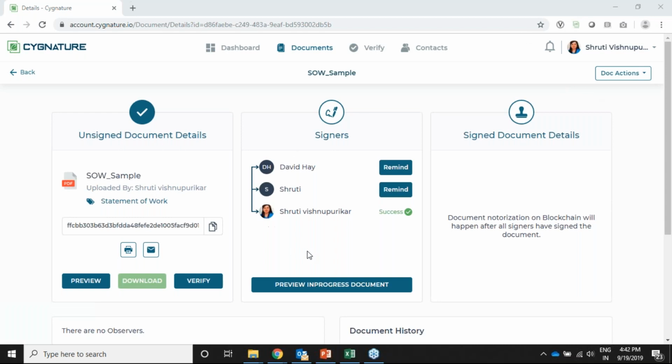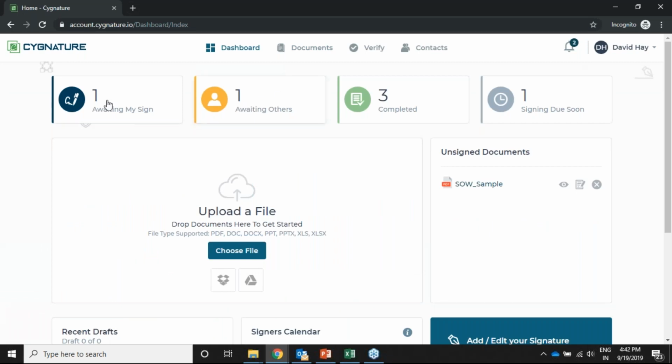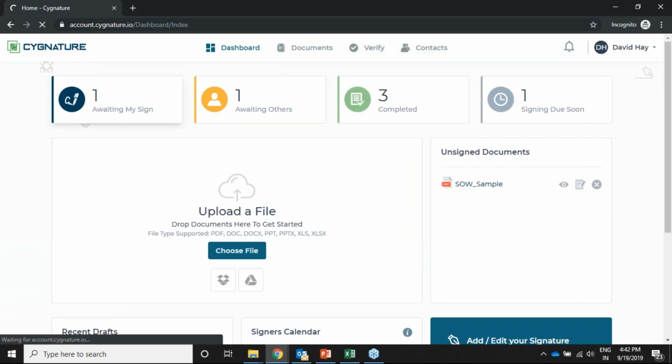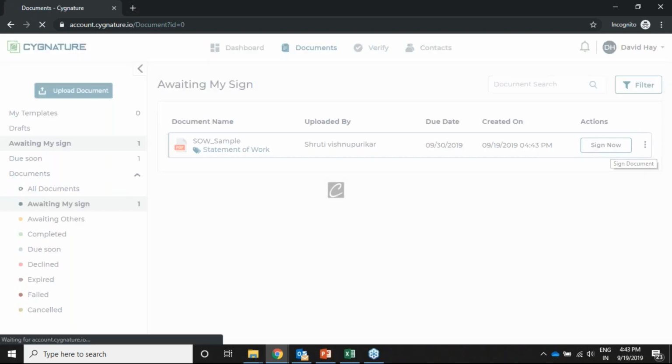Okay, so the document is sent. Now I'll log into David Hay's account, and here I'm getting a notification. So awaiting my sign, I can see this document here. Okay, so I will just sign now.